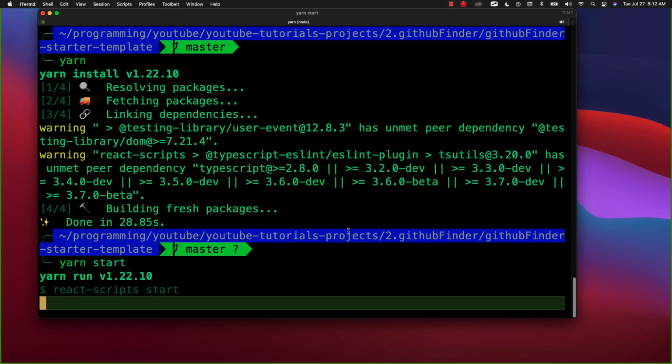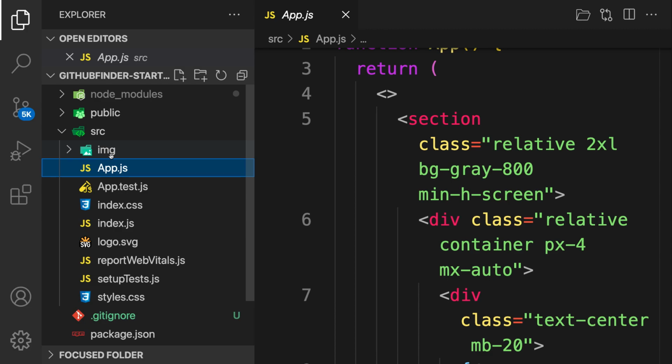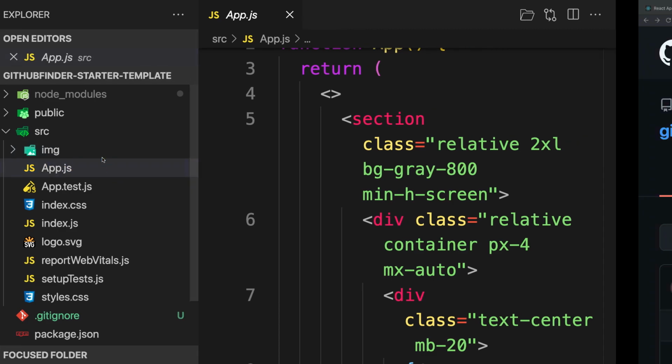All right, so for the styling, I'm using, sorry guys, I'm using Tailwind CSS for the styling. All right, so if you are not familiar with Tailwind CSS, it's also,